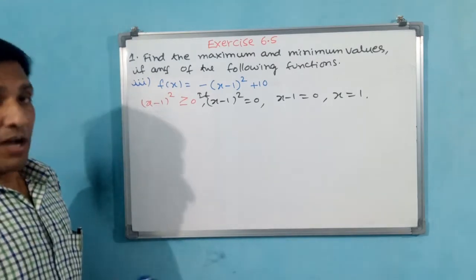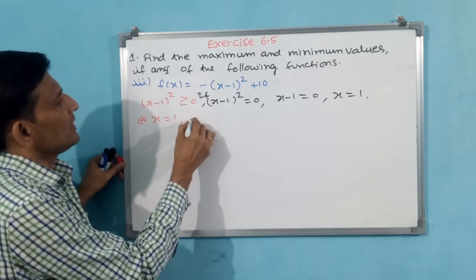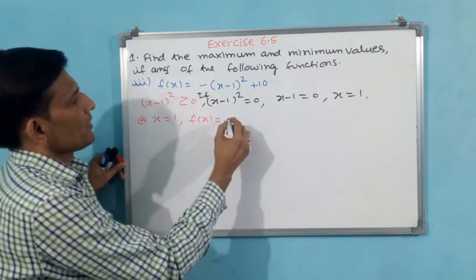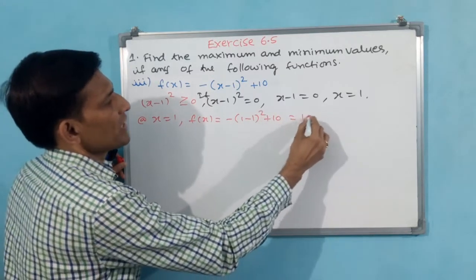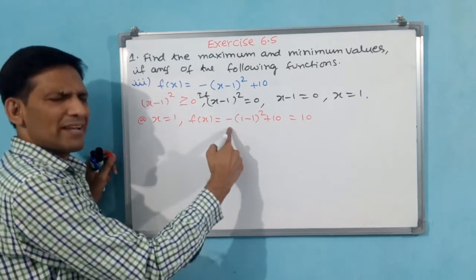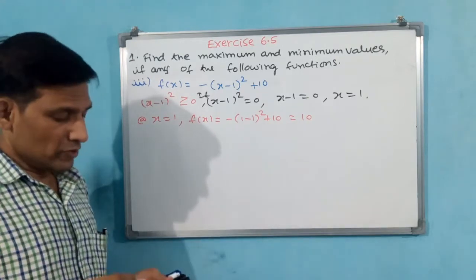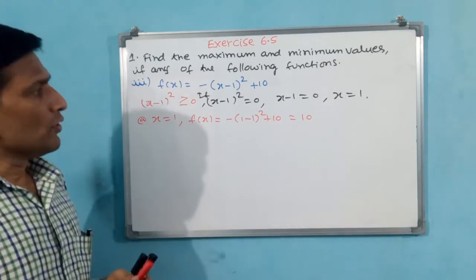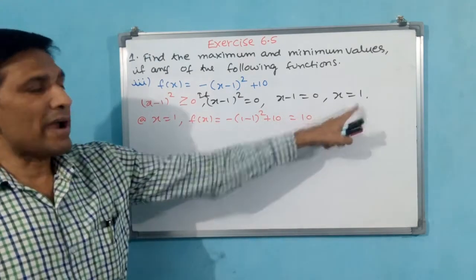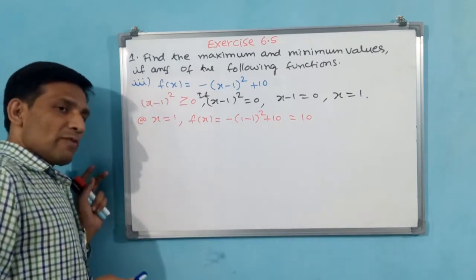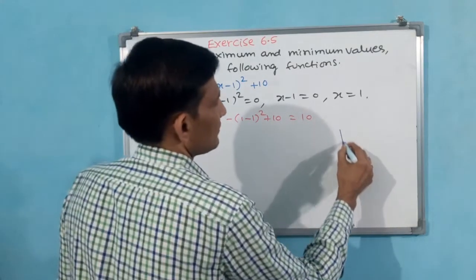Okay. Now you write at x is equal to 1. At x is equal to 1, f of x is equal to minus (1 minus 1) square plus 10. That is equal to 10. Why? Because see 1 minus 1 is 0. 0 minus or plus are same. Only 10 will come. At x is equal to 1, 10 has come. Okay, now see this turning point 1. Now see left side of 1, right side of 1, another value we will take. Okay, see I am writing one graph also.